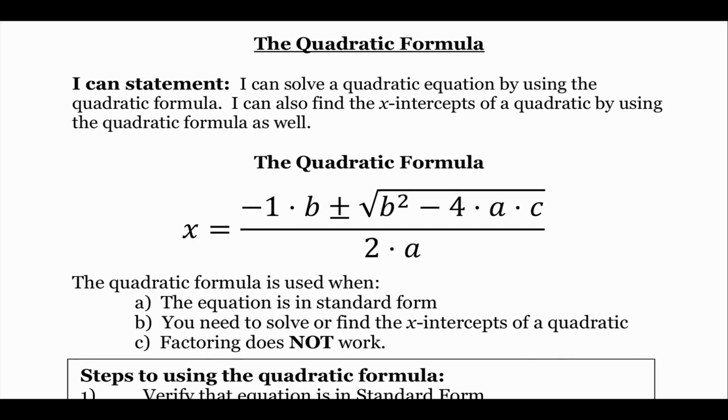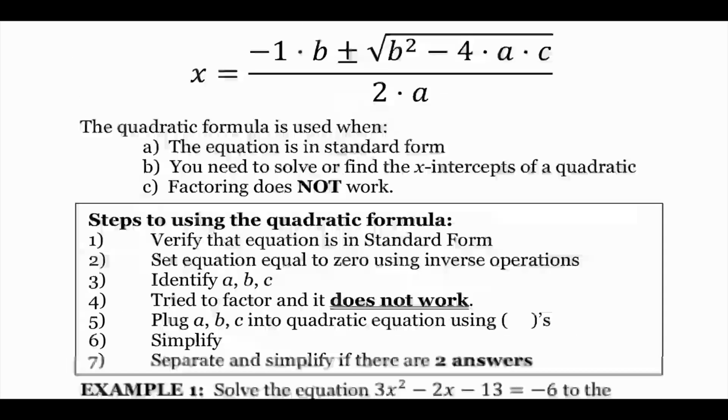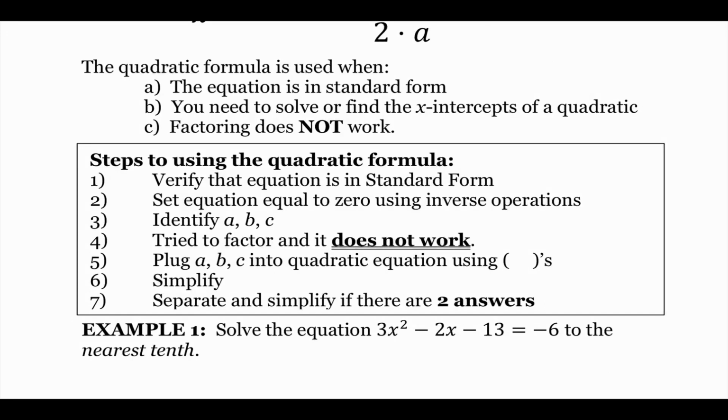Okay, so today what we're talking about is something called the quadratic formula. What is the quadratic formula? Well, the quadratic formula is the thing we use when the X game and the box don't work. So when that step does not work, the X, where we multiply A times C and add up to be B, when that does not work,